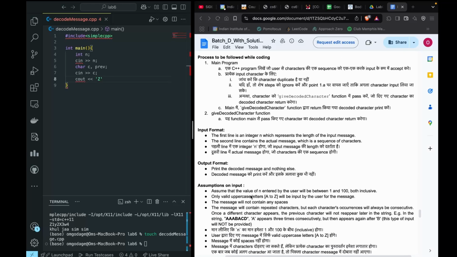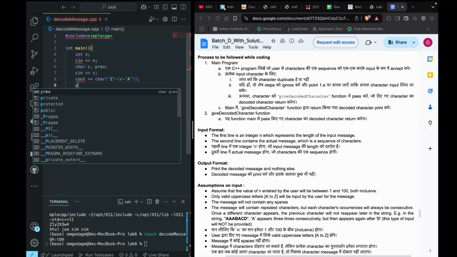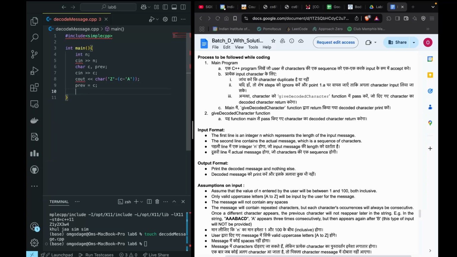The assumption is that only valid uppercase letters are put. Okay, so I'll do Z minus C minus A, and I'll make this into a character. Then I'll set ref to C, and then for int i equals 1, i less than n, i plus plus,